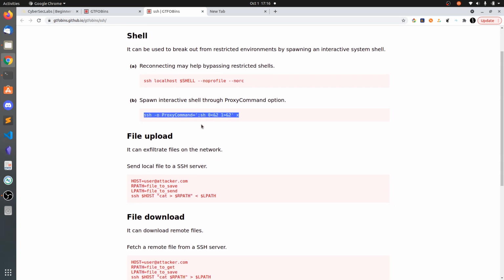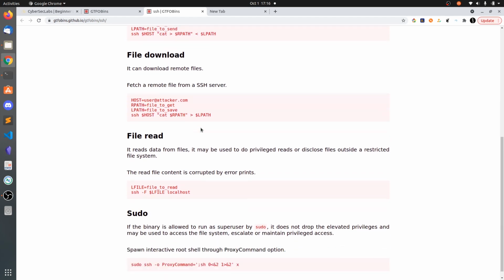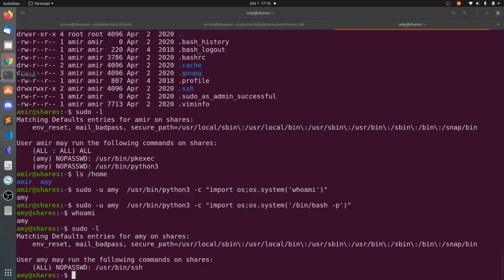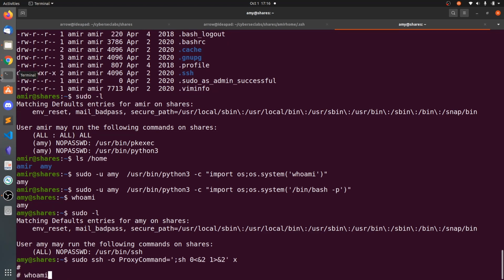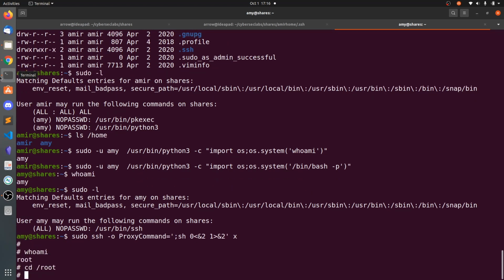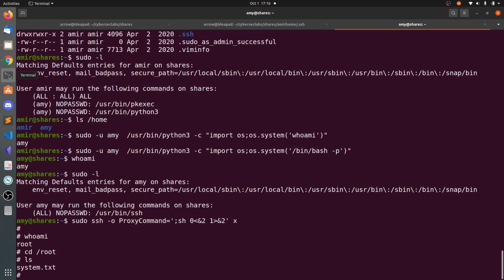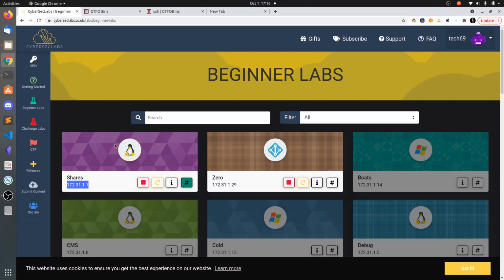So let's copy this one. So I think this should work, and you can see we got the shell. Whoami? Root. You can go to root and grab the system.txt. Okay, that's all about this CyberSec Labs shares.